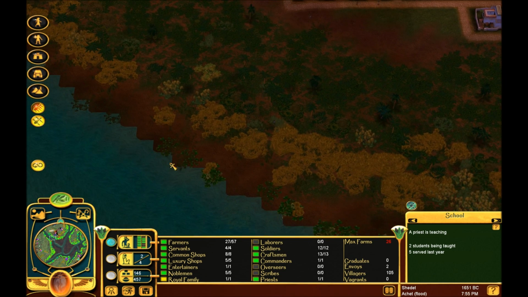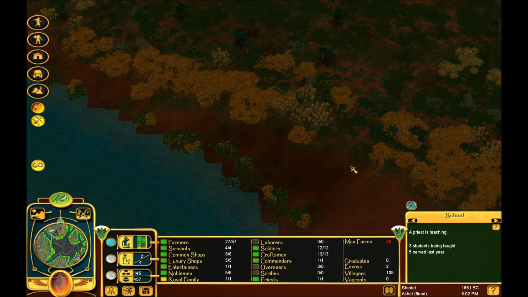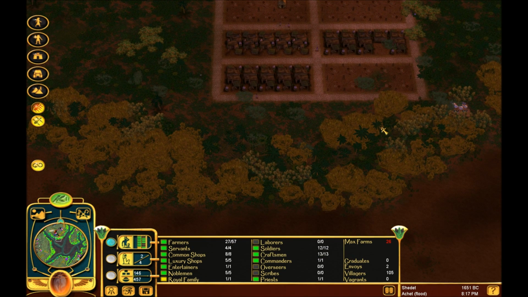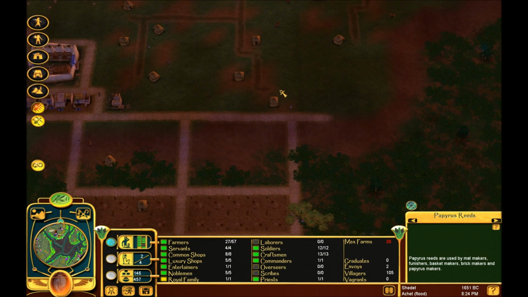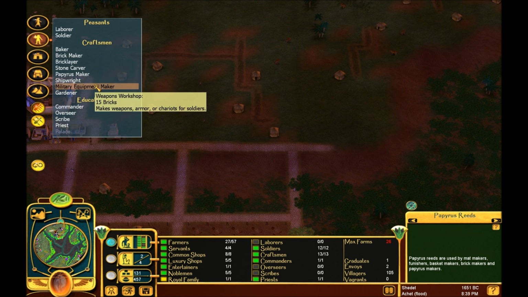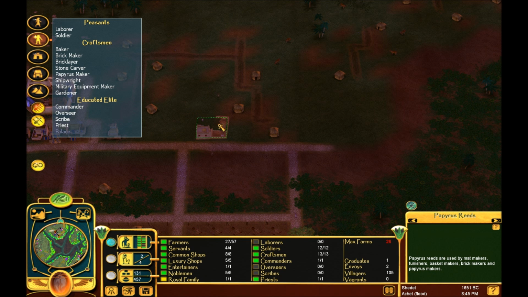Where's a good spot to set up a papyrus farm? There's quite a bit of papyrus reeds over here. Oh, wow, there's a lot over here. But I don't want to put anything down in the floodplains, so we need papyrus mills. 1, 2...